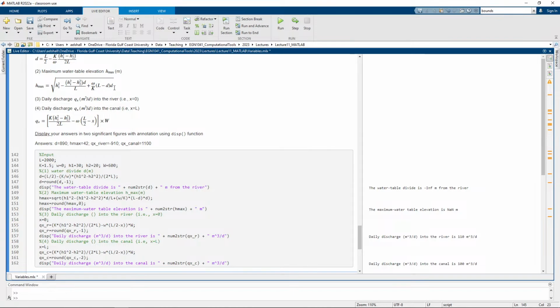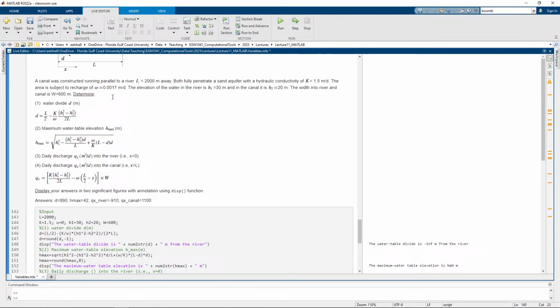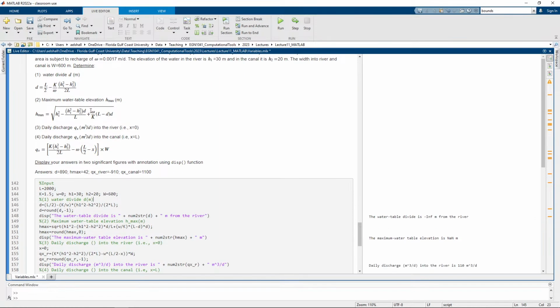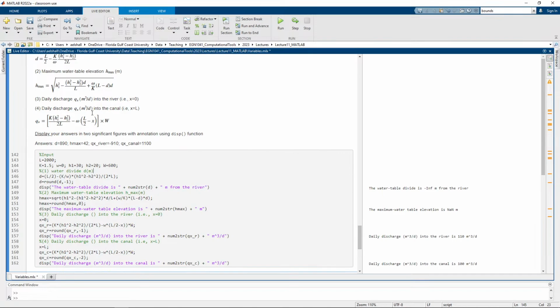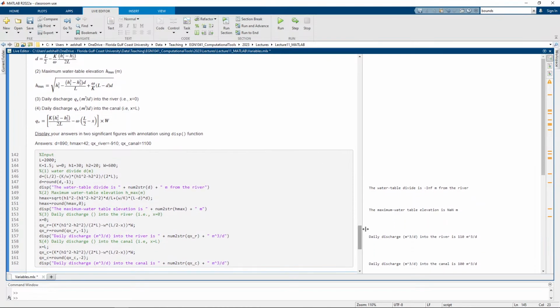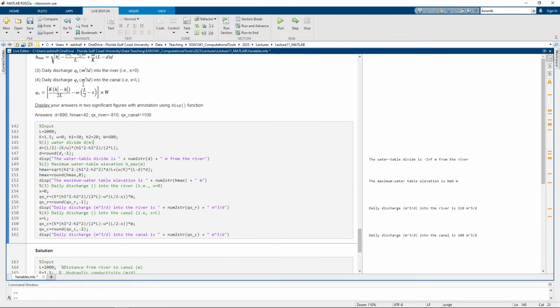So H max will be the maximum water table elevation. That should be, because that's minus infinity, I take minus infinity and put it in this bracket, and take the square root of it, then it's not a number. So that's what I expect. And then if we look at Q,